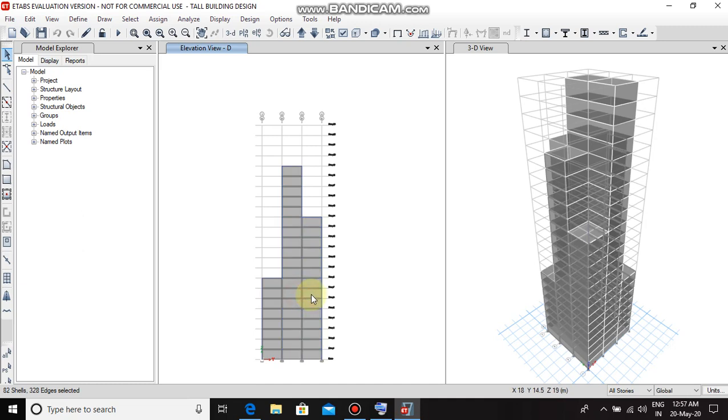For this side, the coefficient is minus 0.25 from the IS code.